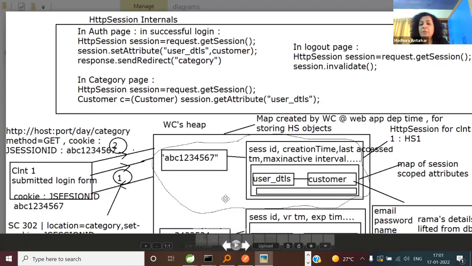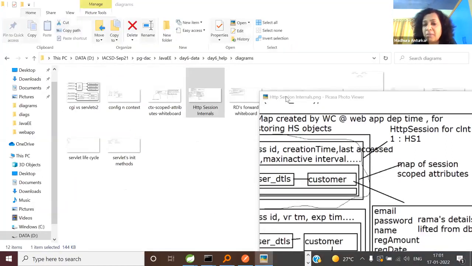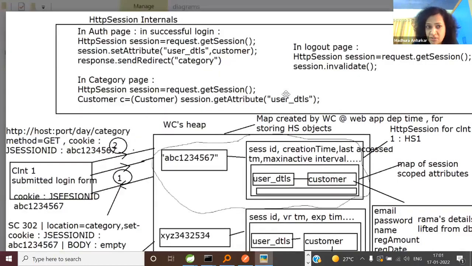So when I say map, you know it is K comma V. Anyone want to tell me what will be the key type and value type for this inner map? Let's see what you're saying. Is the question clear? String comma Object, very right. It is nothing but your session scope attribute map. So I have a question. Before this line, session.setAttribute, gets executed, will it be empty or populated? Empty or populated? 100% empty.